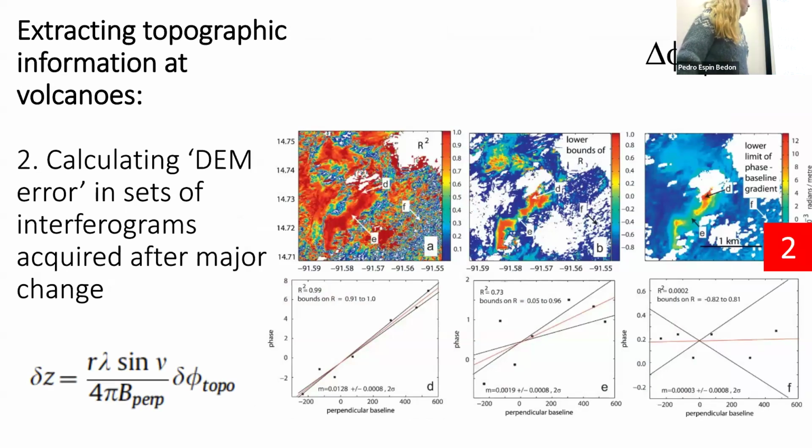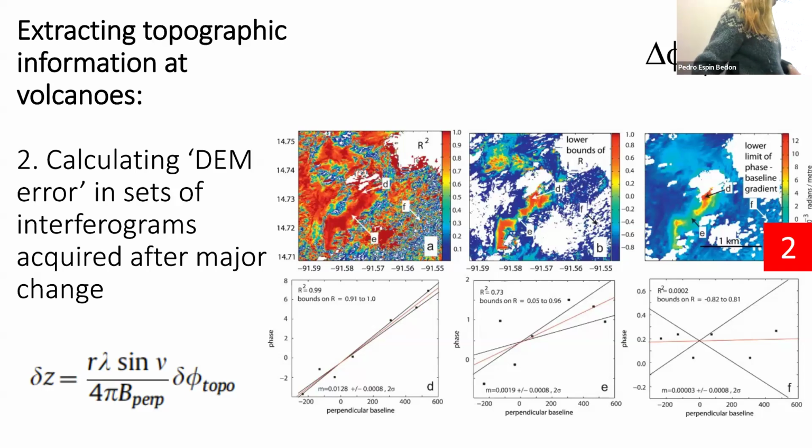I wouldn't say it's not possible to go further. For data sets that are not bistatic, but just sets of interferograms that were designed more for looking at deformation change rather than topography, you can still do something to try and retrieve topography if you have a large data set and a good distribution of baselines.